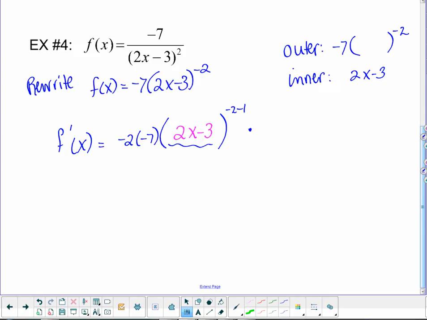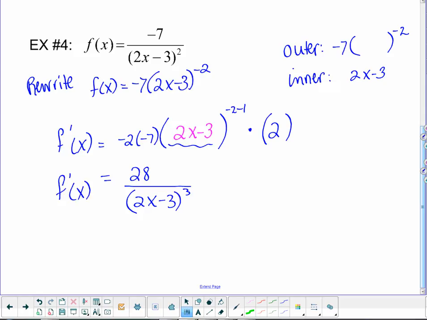The inner was 2x minus 3, so the derivative of that is simply going to be 2. Now it's just cleaning it up, making it look nice. 14 times 2 will make 28. And that's over a -3, or with a -3 exponent, so I'm going to push it below and write it as a positive. There is our derivative,